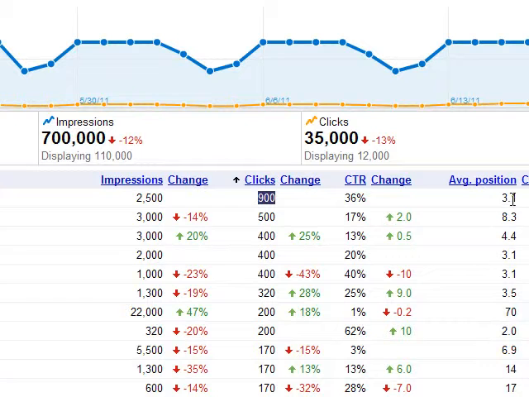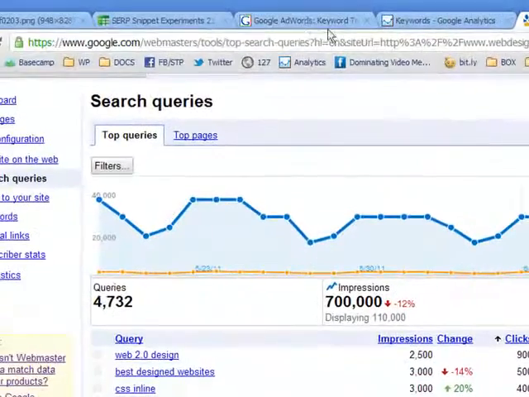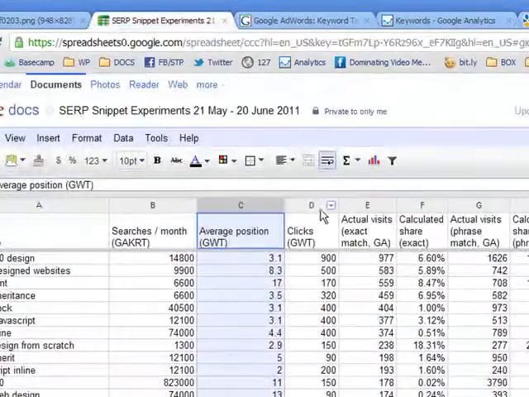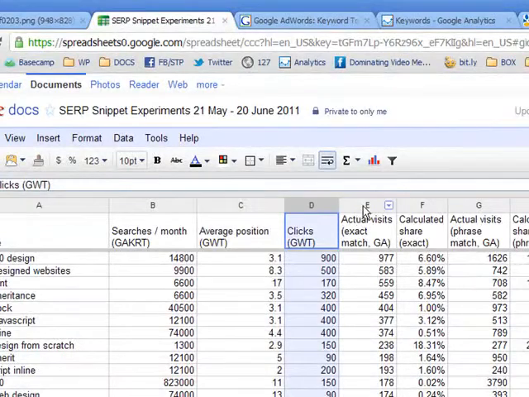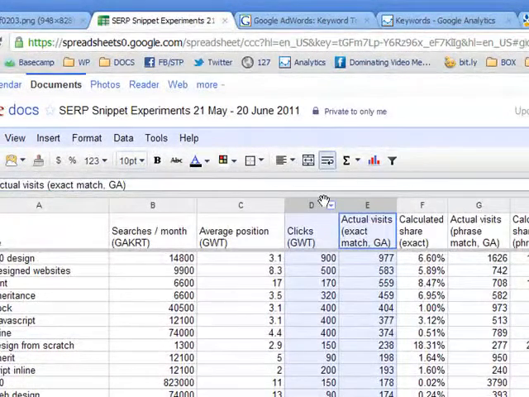And it's also telling me that the click-through rate is 36%. And the average position that we get for Web 2.0 design in Google is position 3.1, and that can change. Obviously, it can go up and down depending on where people are coming from and lots of other factors that influence Google ranking. The next one is we've actually got 2 measures of clicks, and I was interested to